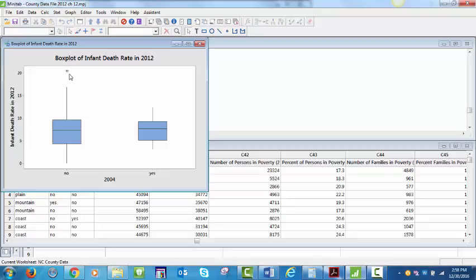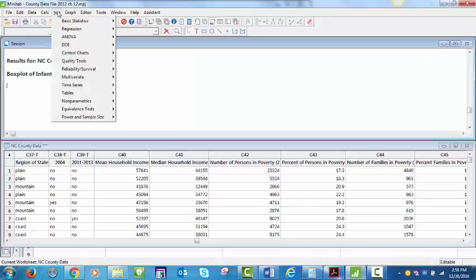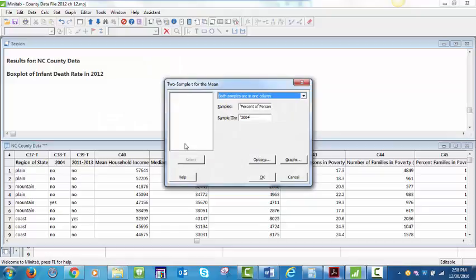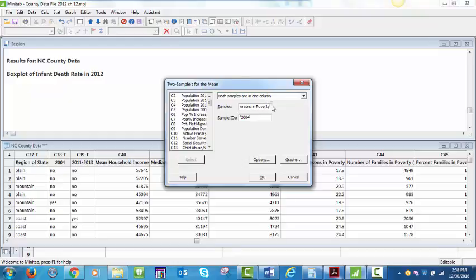The second question in this activity asks you to use the t-test to see if a county's welfare system reform status influenced the unemployment rate. For this demo, I'm going to look at the effect of the welfare reform status again on the infant death rate. To do that, I go to Stat, Basic Stats, 2-sample t, and both samples are in one column. Then I want to locate the variable that I'm interested in using, and I'm going to look at the infant death rate, which, if you remember, was in column C60,